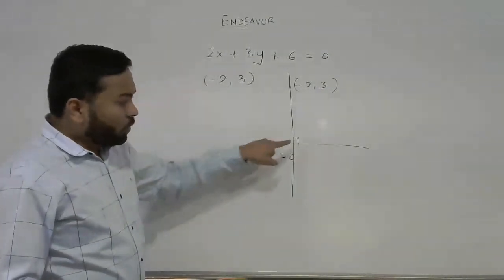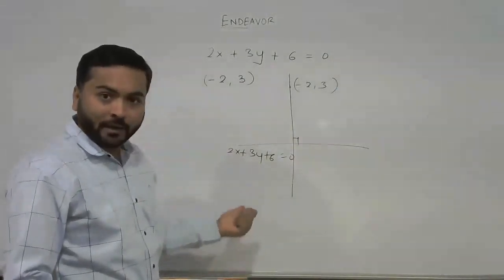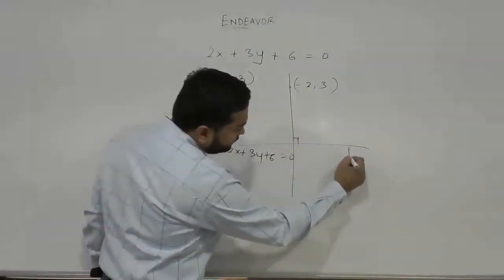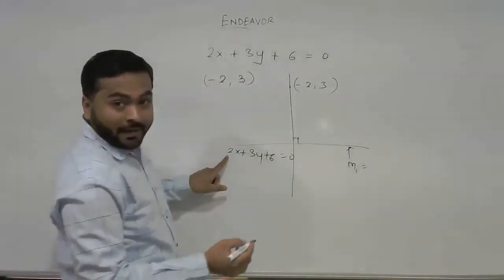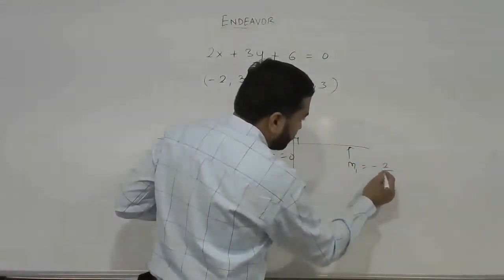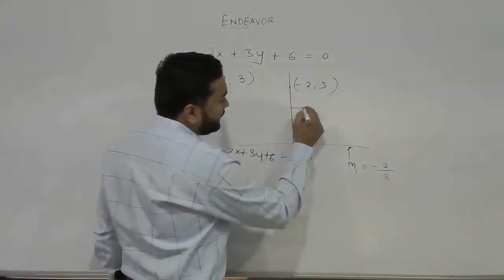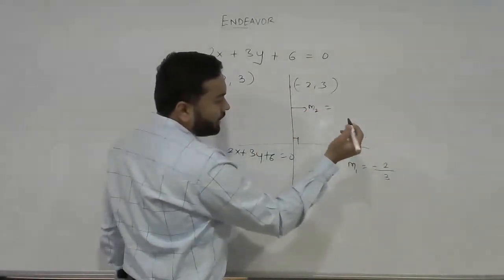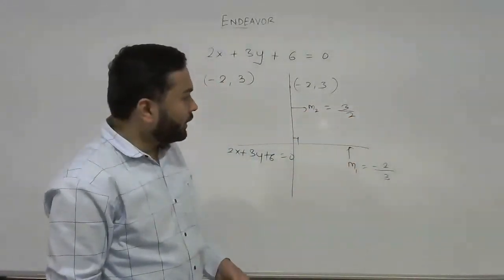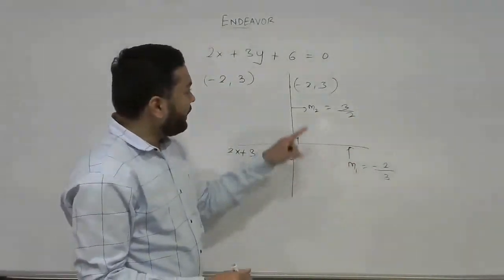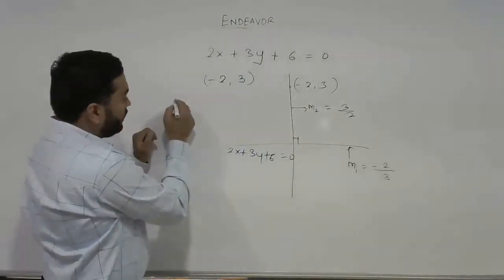So, if the two lines are perpendicular, the slope of this line into the slope of this line, the product is minus 1. So, what is the slope of this line? Here, m1, the slope, is nothing but minus 2 by 3. The slope of this line, m2, can I say it will be 3 by 2? It's the negative reciprocal, right? So that becomes 3 by 2. So now I have a point and I have a slope. So what I can do is I can straight away apply